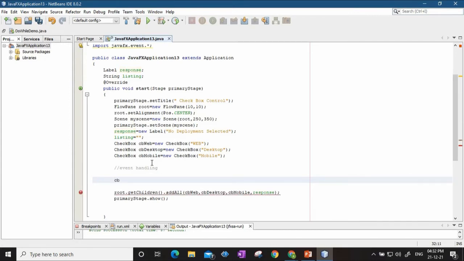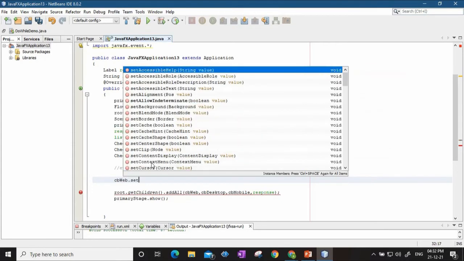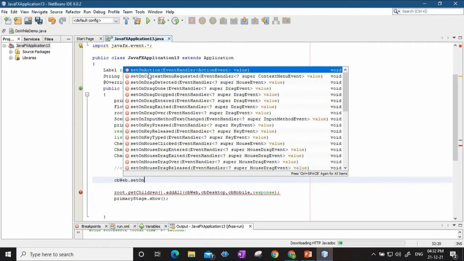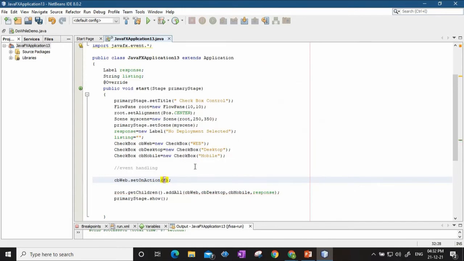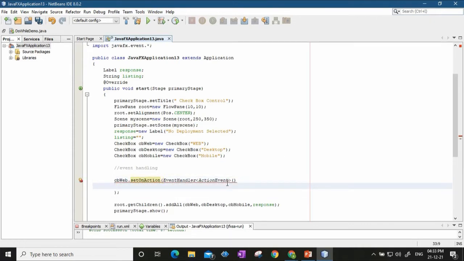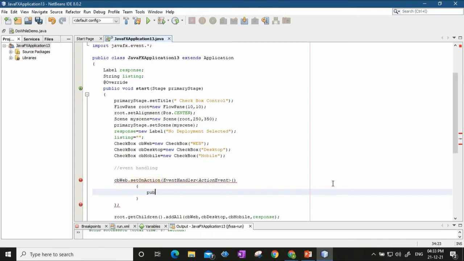So CB web dot set on action event handler, action event brackets, and then I will have to open brackets here, and within that public void handle, action event object AE will be the argument.